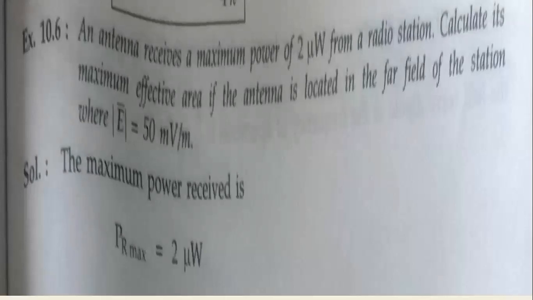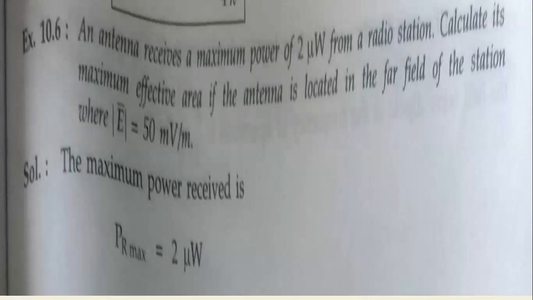Now go for the next. An antenna receives a maximum power of 2 microwatt from a radio station. Calculate its maximum effective area if the antenna is located in the far field of the station,